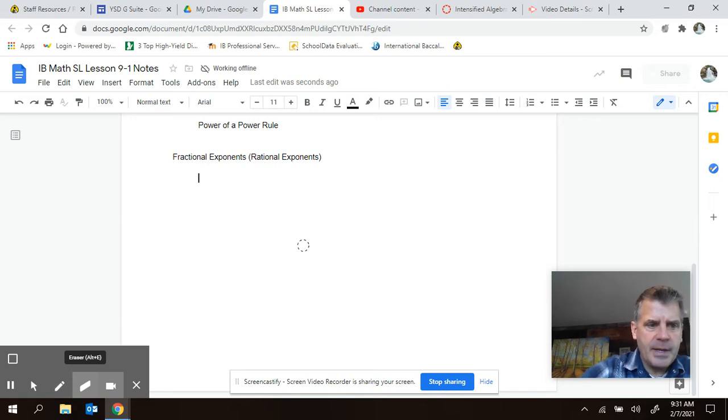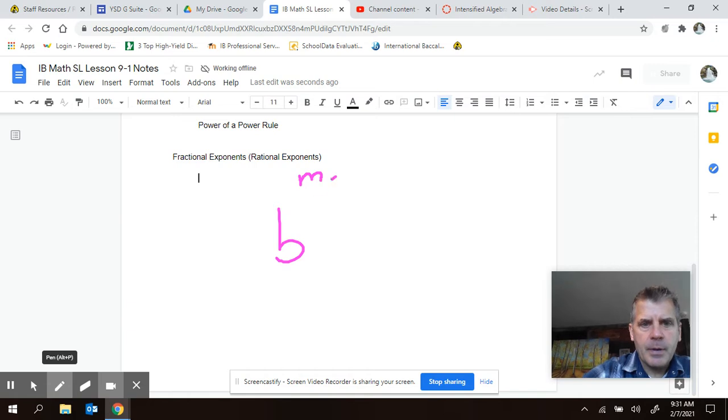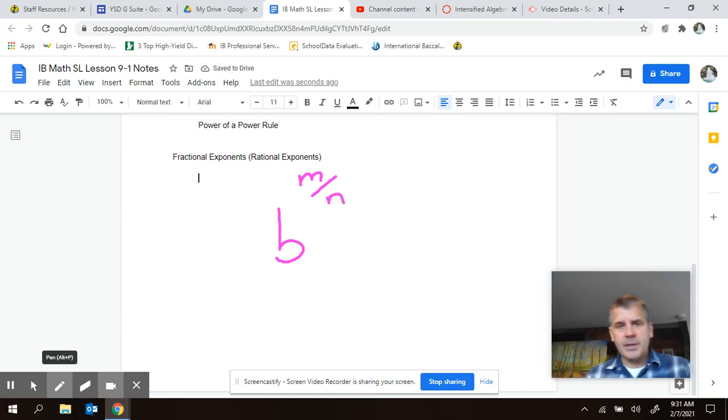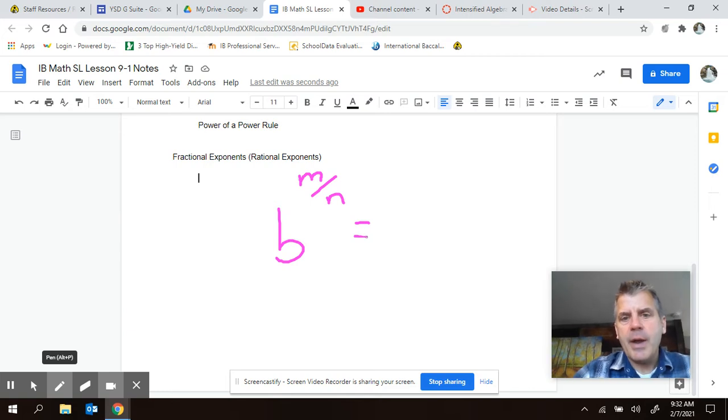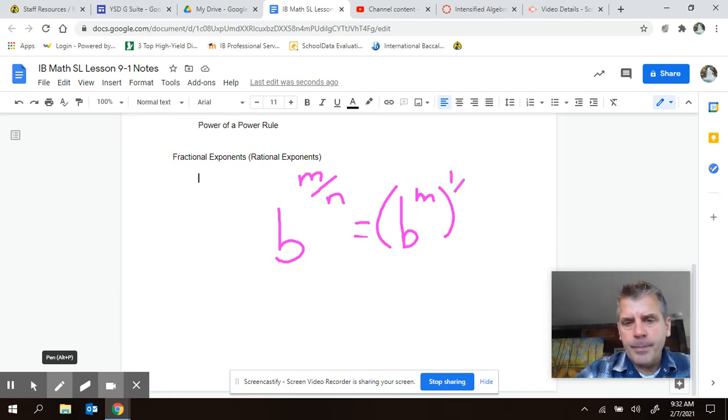If we have this base value, b, and it's being raised to the m/nth power, there's two different ways. Actually, there's three ways you could represent this. I don't know if they show all these ways in the text or not, but you could write it as b to the m to the 1/nth power, or you could write it as b to the 1/nth power to the mth,